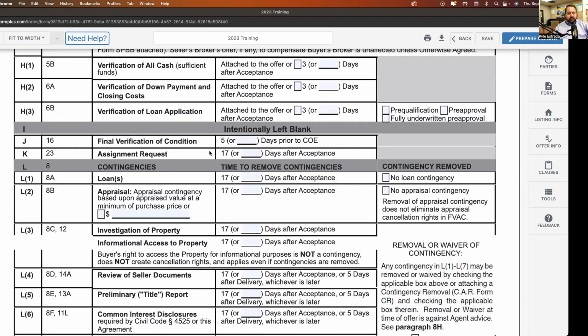If I'm the listing agent, I know we're talking about writing, but I have to make sure that with this assignment request, if I start changing these time periods and counters, that time period also gets countered, right? I can't just ignore it, okay? So assignment request, remember that when you're writing your offer. If you want to shorten it because you've shortened other time periods, go for it. If it's not really a concern because there's no intention of assigning, I don't think you need to address it. But by default, 17 days.